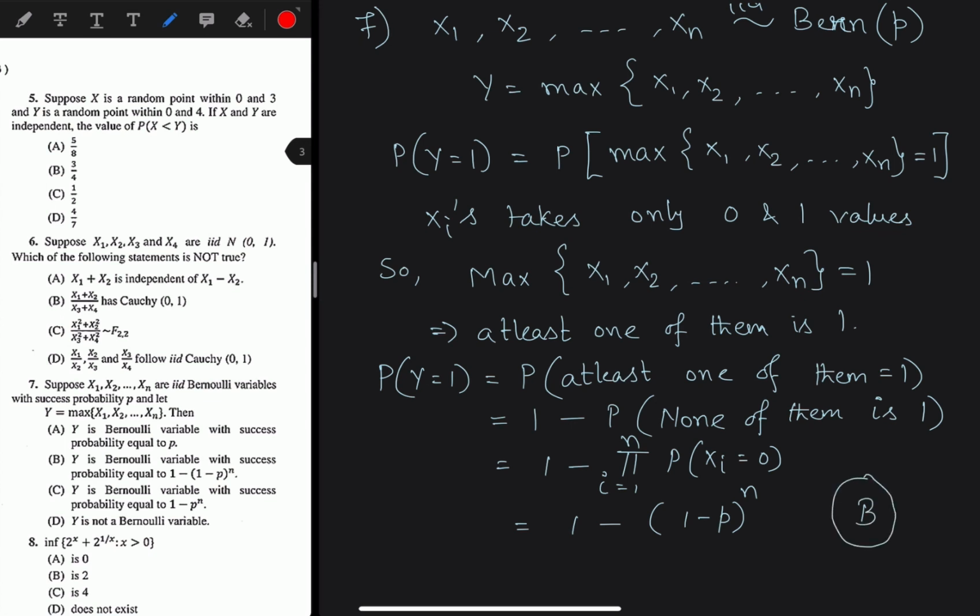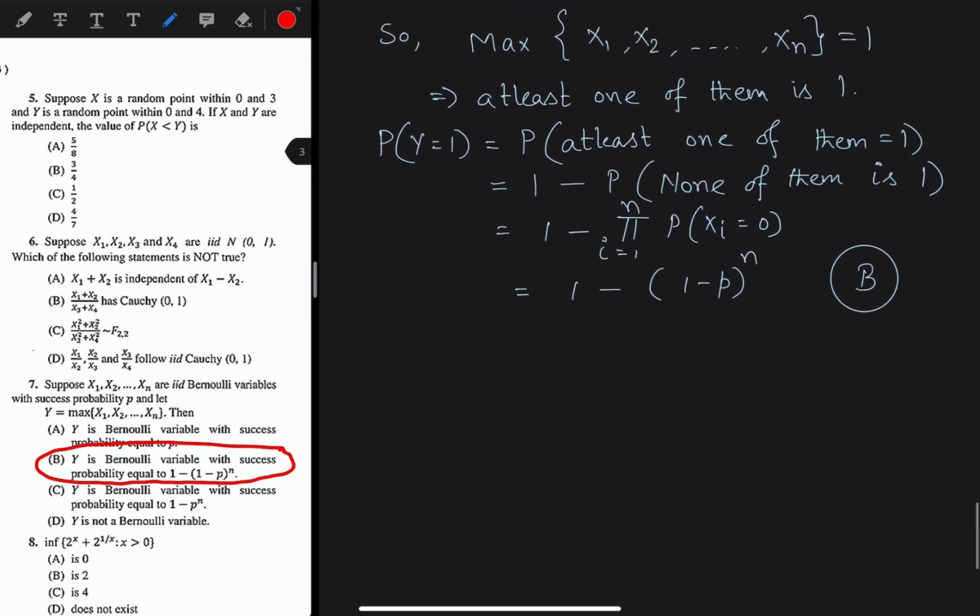So as you can see, in option B, y is a Bernoulli random variable with success probability equal to 1 minus p, whole to the power n. Okay, so obviously y is a Bernoulli random variable with this success probability. Now, if we just modify this problem,